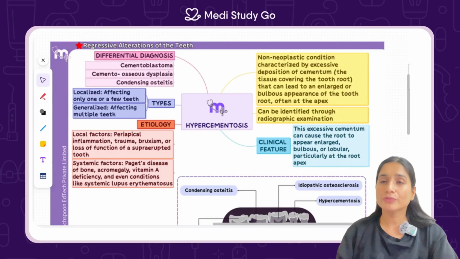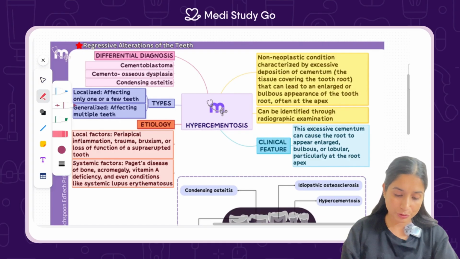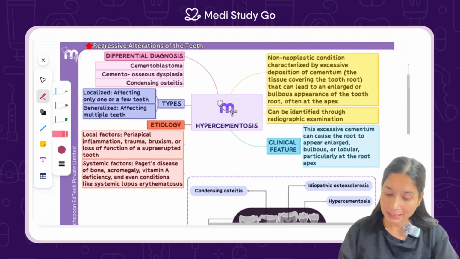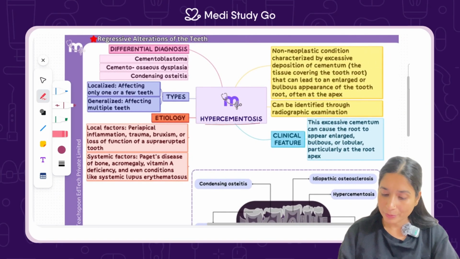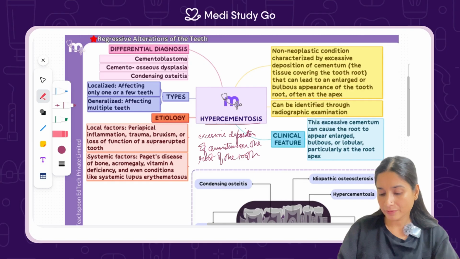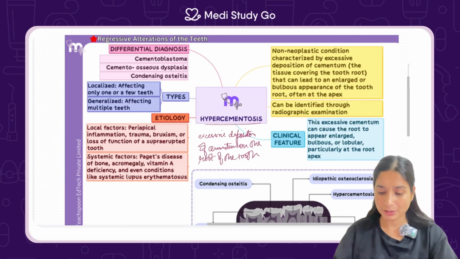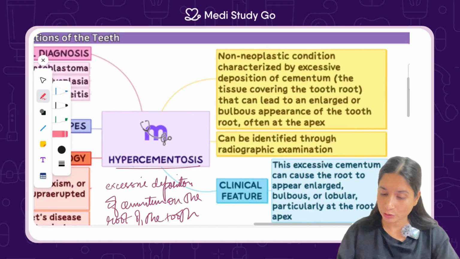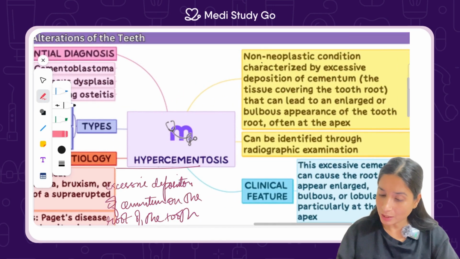So let's study this beautiful chapter, hypercementosis, from this beautiful mind map. What is basically hypercementosis means? So basically hypercementosis means excessive deposition of cementum on the root of the tooth. So whenever there is an excessive deposition of cementum, or we can say abnormal deposition of cementum, is known as hypercementosis. So hypercementosis is a non-neoplastic condition characterized by excessive deposition of the cementum, the tissue covering the tooth root,